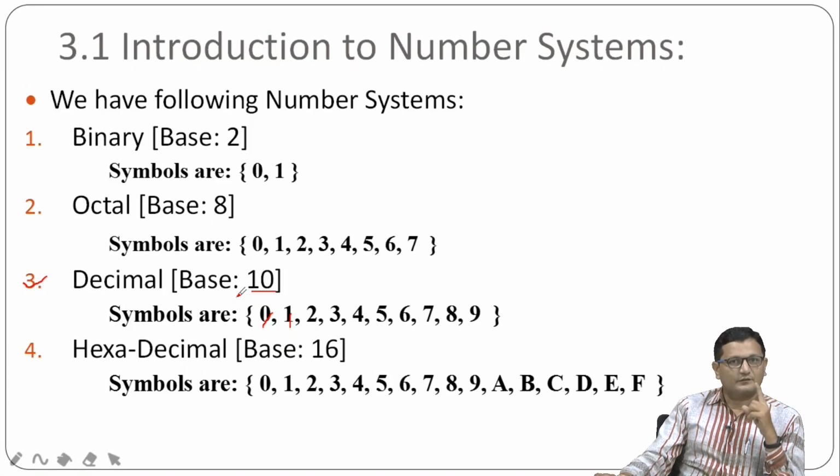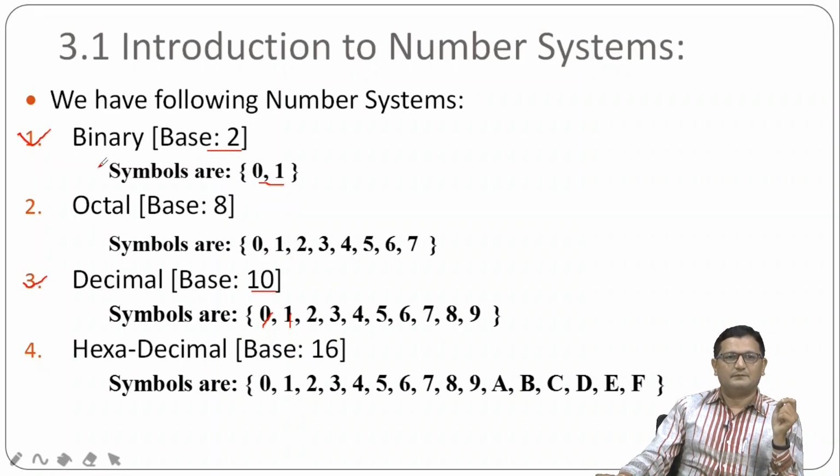But in the previous session we have discussed that a machine cannot understand all these things. Machine can understand only one language, and that language has 2 symbols. That language which has 2 symbols is called binary, right? So the base of the binary numbering system is 2. Why 2? Because in the binary numbering system only 2 symbols are allowed. One is 0 and another one is 1, right? So binary is a numbering system whose base is 2 because it uses only 2 symbols, 1 and 0,